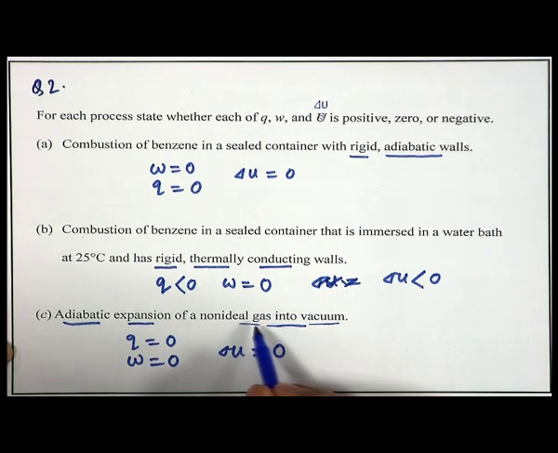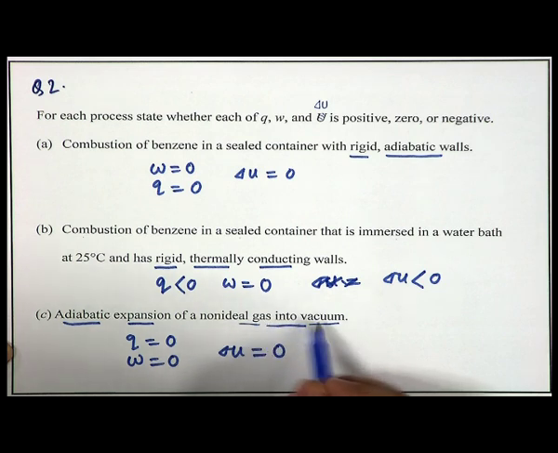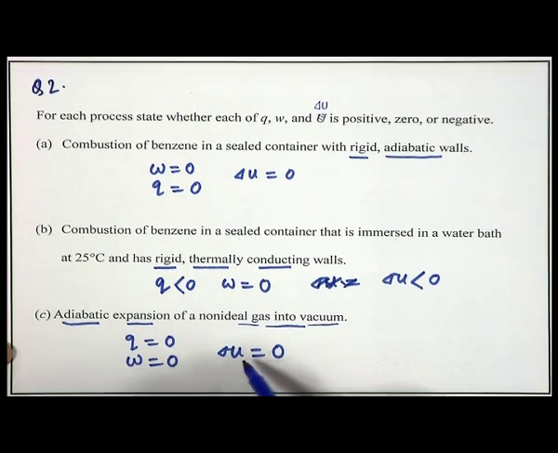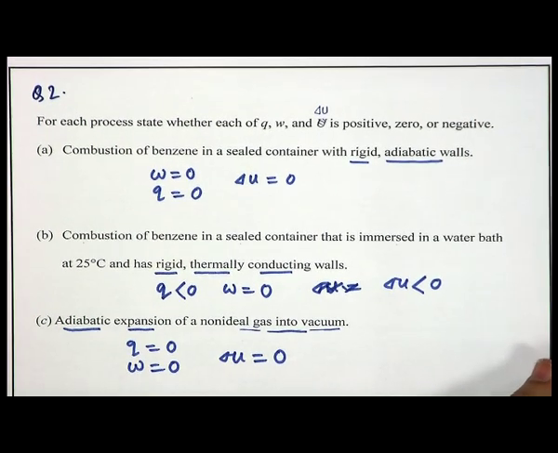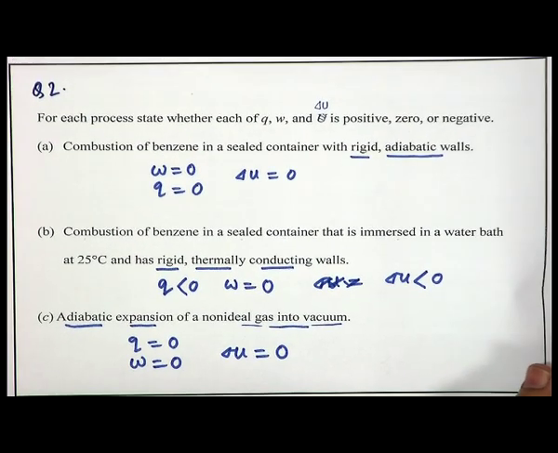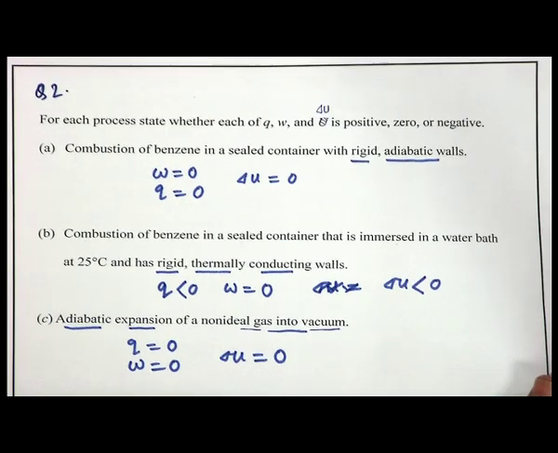So, if I had expansion of the non-ideal gas other than vacuum, against some constant external pressure, then because of expansion W would have been negative and del U would have been negative. So, I hope by this time you are very clear about the sign of W, Q and del U